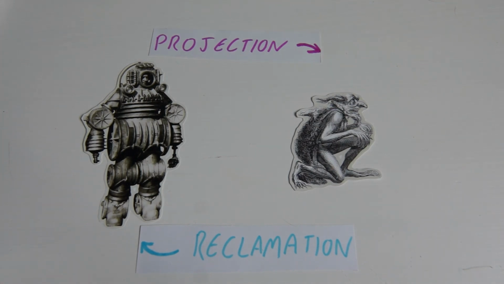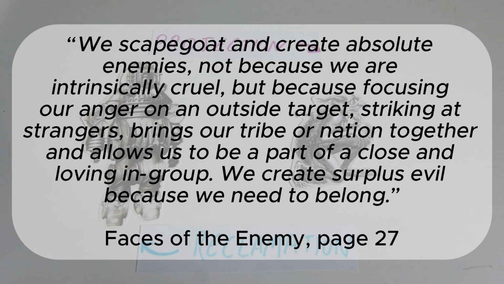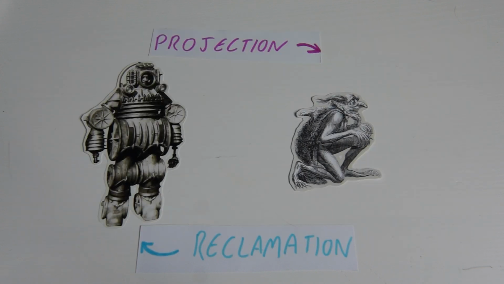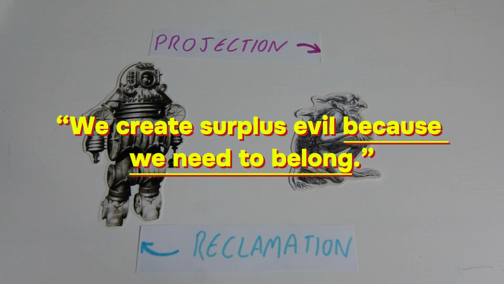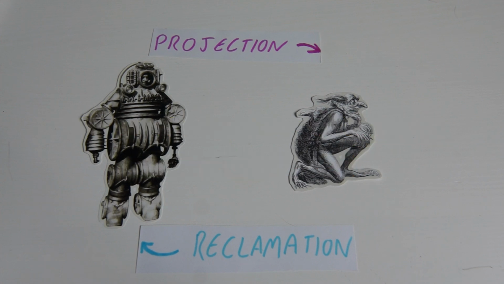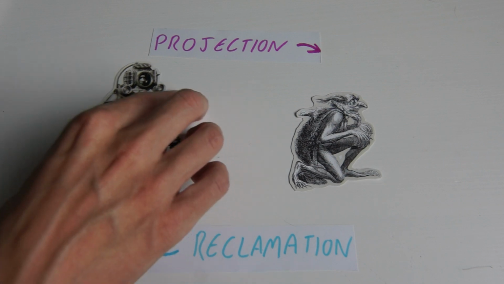So to quote Sam Keen at length on page 27, we scapegoat and create absolute enemies, not because we are intrinsically cruel, but because focusing our anger on an outside target, striking at strangers, brings our tribe or our nation together and allows us to be a part of a close and loving in-group. We create surplus evil because we need to belong. So just to repeat that last line, we create surplus evil because we need to belong. And it's the need to belong that we need to learn to refocus on. The self rather than the other, the us